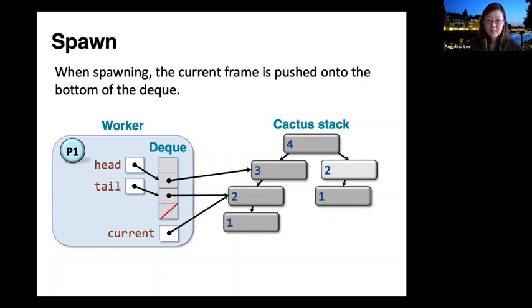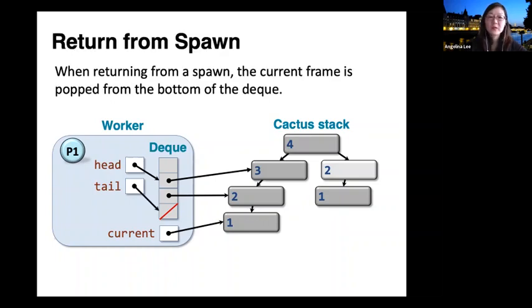In this case, we push the Cilk stack frame for fib of 2 onto the deck, and then the worker continues executing the spawned subroutine, in this case, corresponding to fib of 1. And so effectively, the deck keeps track of the ready work that, in some sense, worker 1 is responsible for, and that is available to be stolen by other workers. Okay.